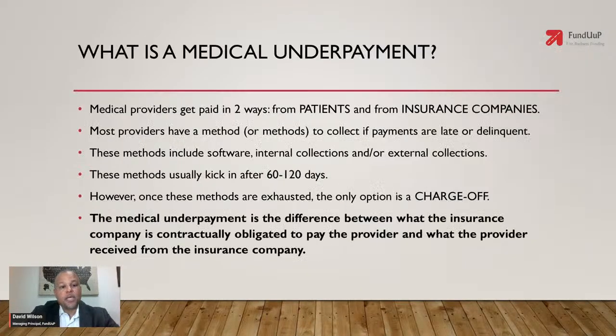Let's get started with an overview of what a medical underpayment actually is. For those of you who work for medical providers, or are medical providers, you're likely aware of this. Some of those who just work with them may not be aware, so I want to go over this for their benefit as well. There are two main ways that medical providers get paid. They get paid by insurance companies, and they get paid by patients, the patient pay portion of the bill,